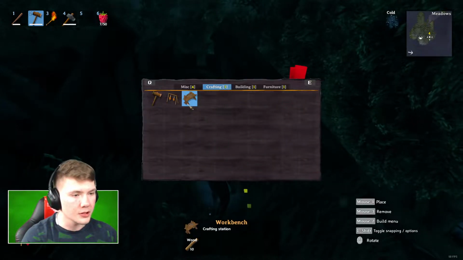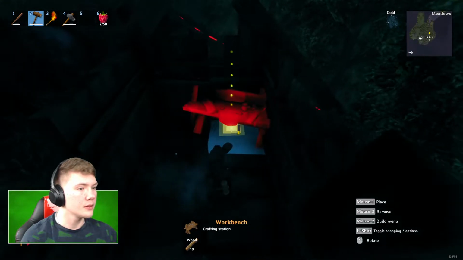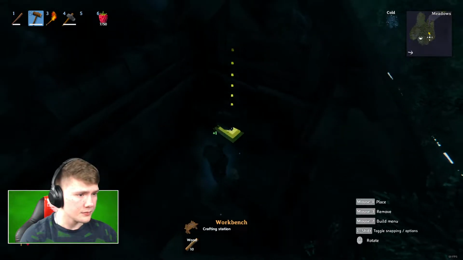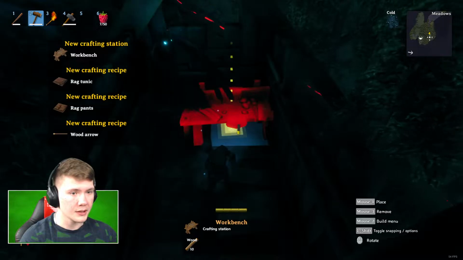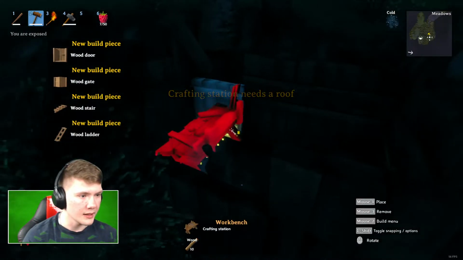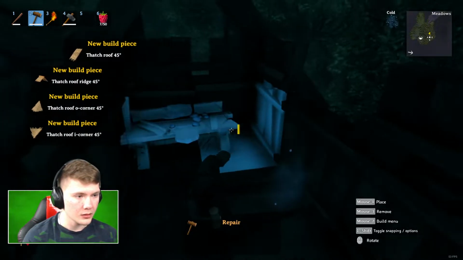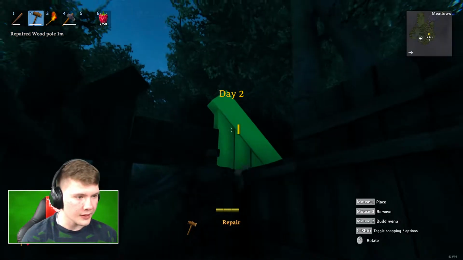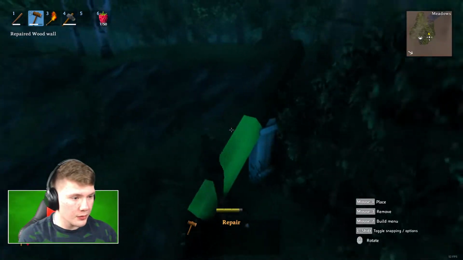So how you do that is you go into crafting, you need 10 wood to make one, and then you flip it around in a way where it's placed how you want it. And then if you're happy with it, you just place it down. And you'll learn a bunch of new recipes. However, now if I right-click it again and go to miscellaneous and click the repair tool, you will be able to just fix up this whole place, which is perfect, even though you can't really see it because it's super dark. There we go. I think I've repaired the whole...